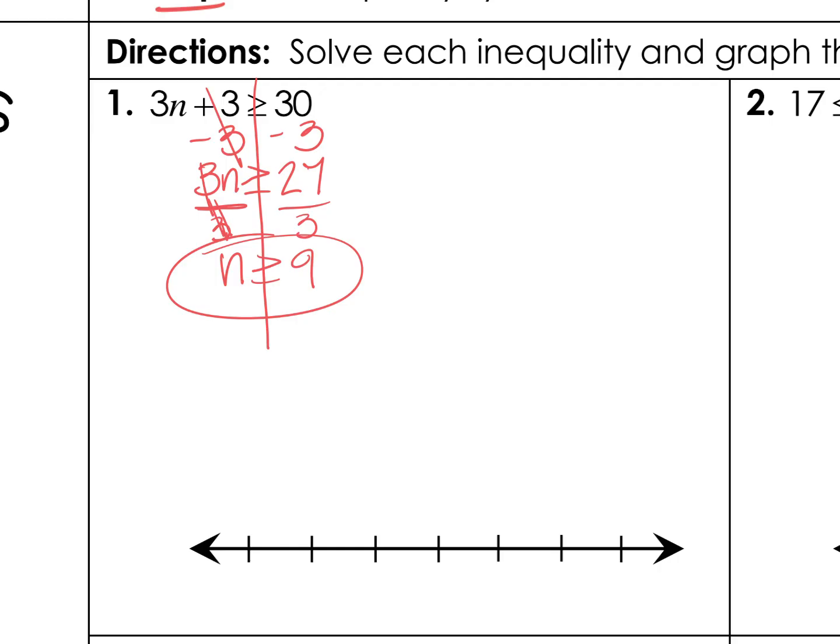If you wanted to check your work, you would need to come up with a possible solution that would keep this statement true. So I would need to come up with a number that is greater than or equal to 9. Let's say we just did 10. If 10 is a possible solution for n, then whenever I plug it up here, it would also be true. So I would go 3, and plug in my 10 that I'm testing,